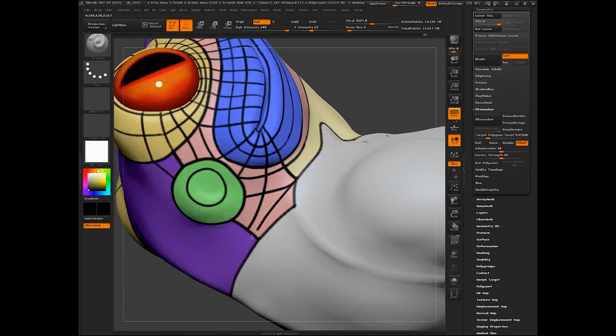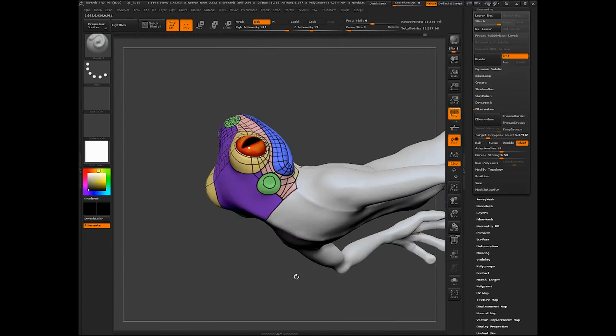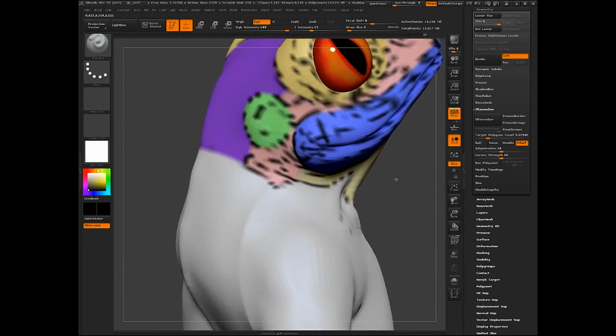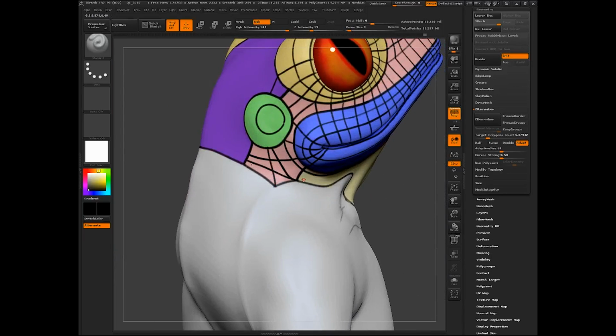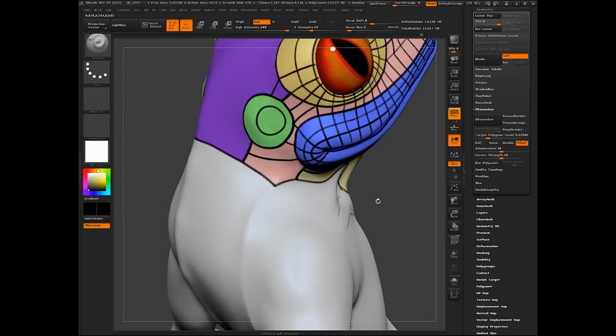And this is tricky. I don't know if that's going to work or not. It looks kind of sloppy, so I'm going to, yeah, that's pretty sloppy. I'm going to Control Z. Not really thrilled with that. This might be an area that we have to kind of figure out once we start doing our retopology, but if I bring that down like that,